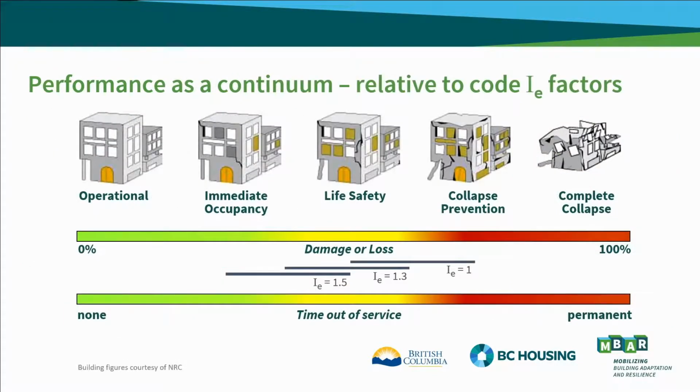This graphic illustrates the variability of performance due to the different building types. You can see the cartoons of the different levels of damage of a building, and the lines showing damage or loss from green, little loss, to red, a significant loss, and the time out of service. And the three bars of the three importance factors show the variability, with the bar moving to the left each time for lesser damage and less time out of service. But the variability is due to the 30 different building types or SFRS systems that I discussed earlier.